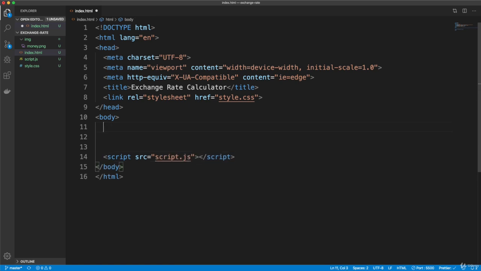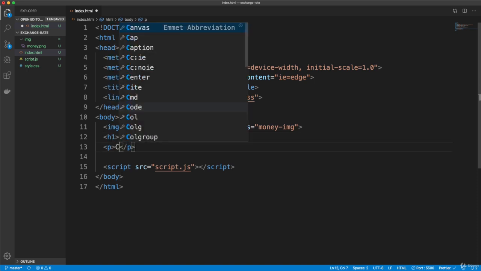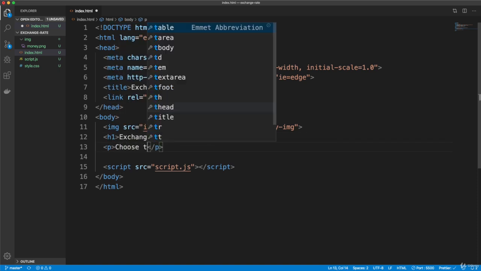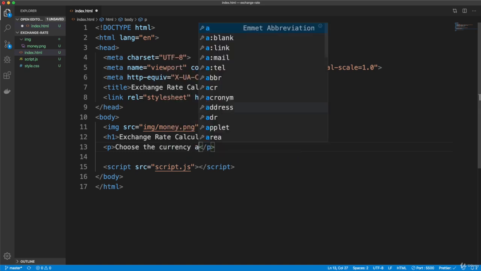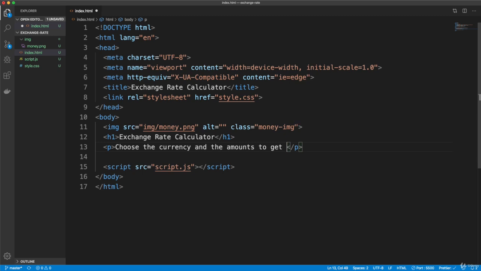Okay, so we're going to have the image at the top, and I'm going to give this image a class of money-img, and for the source it's going to be img/money.png. And then let's have an h1, and we'll say exchange rate calculator, and we're just going to put some instructions here. So choose the currency and the amounts to get the